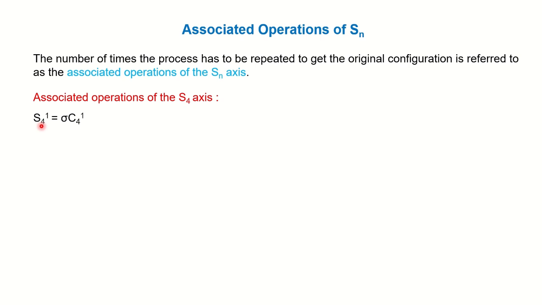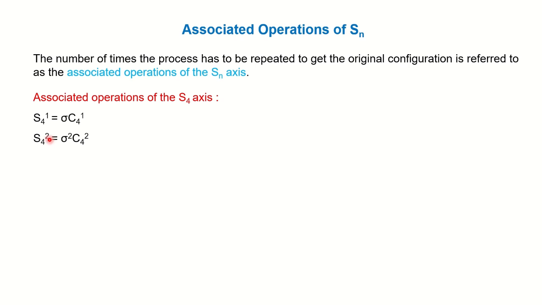So first we know improper axis of rotation is rotation followed by reflection, where rotation is represented by Cn and reflection is represented by sigma. These are the symmetry elements. So for S4 1, one is the number of times we are performing the operation until you get the same order. Order is like here 4. So for this we can say sigma one time and C4 one time. So you cannot further reduce it, and so we will represent for S4 1: sigma C4 1.